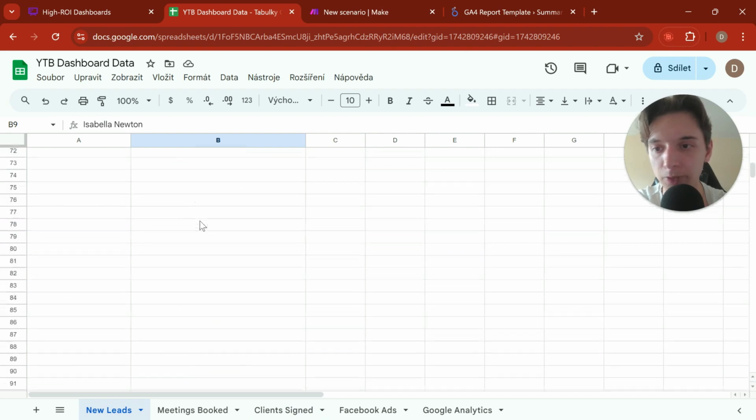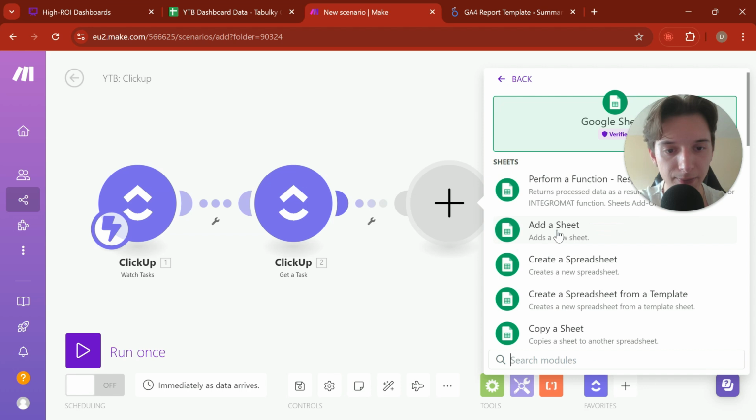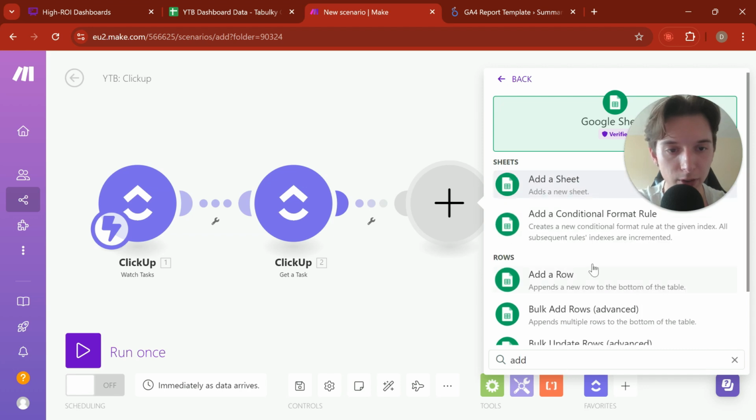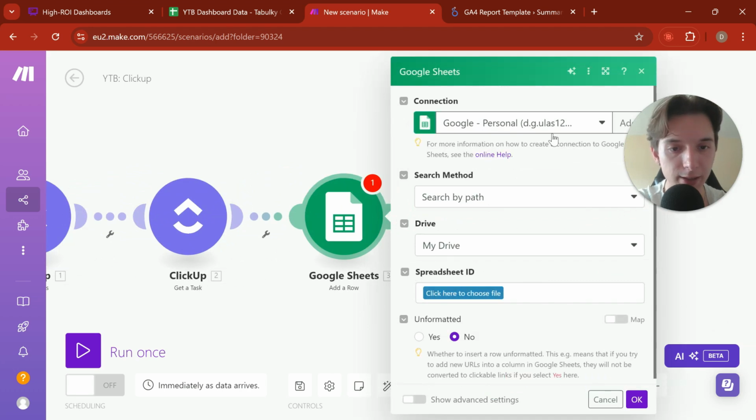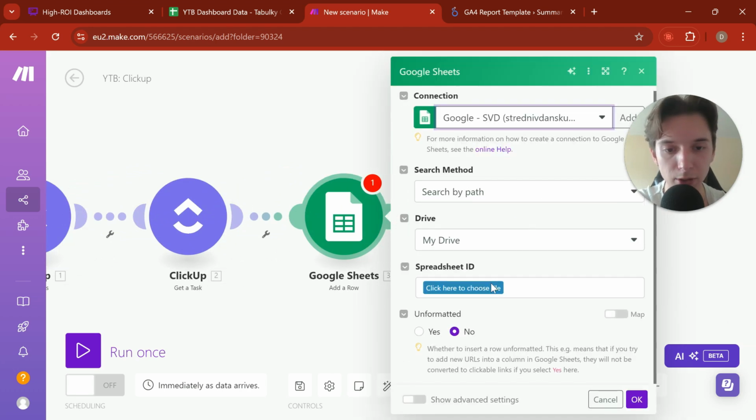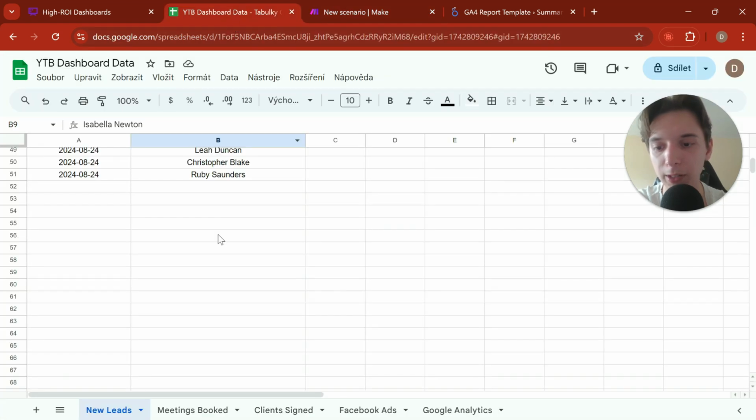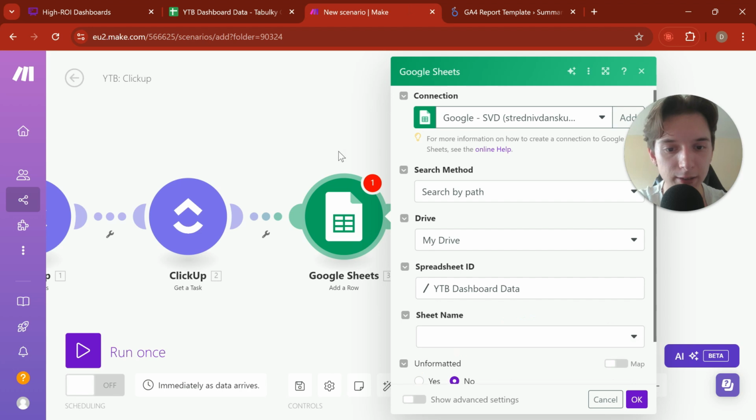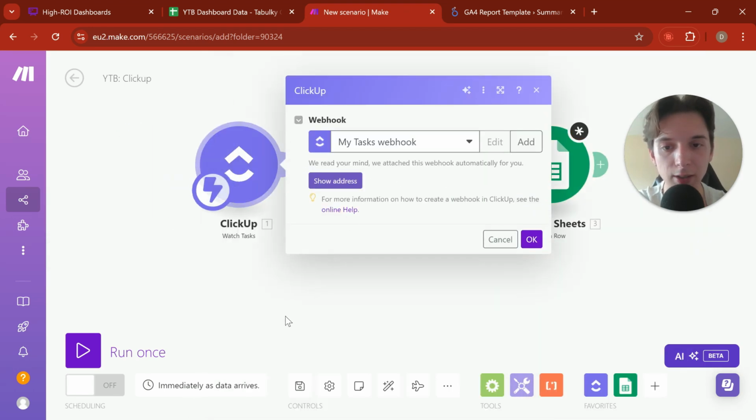Yeah, this is very, very simple actually. So we'll get this data. Now we will again add a row to a Google Sheet and we'll be done. And as I said, normally you would do this automation for all 3 of the changes. So you would do it for new leads, for meetings booked, and client side. And the only thing really that would be changing is that